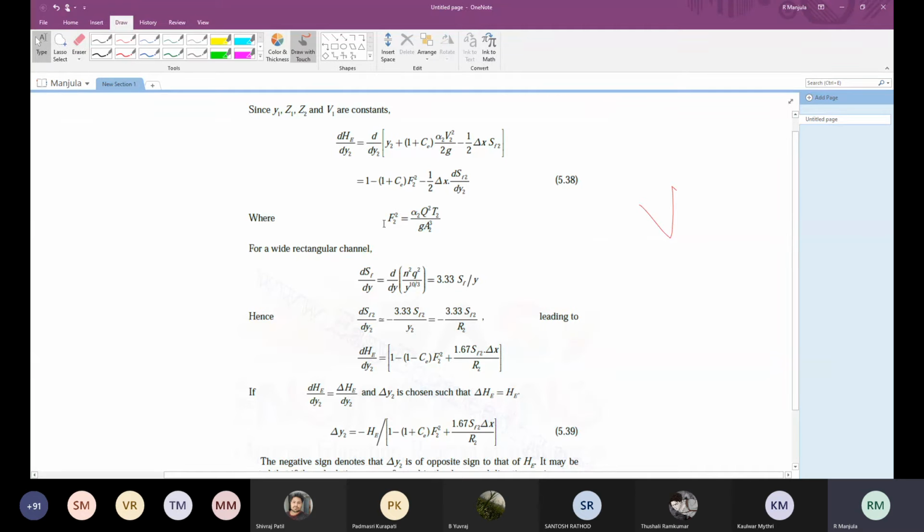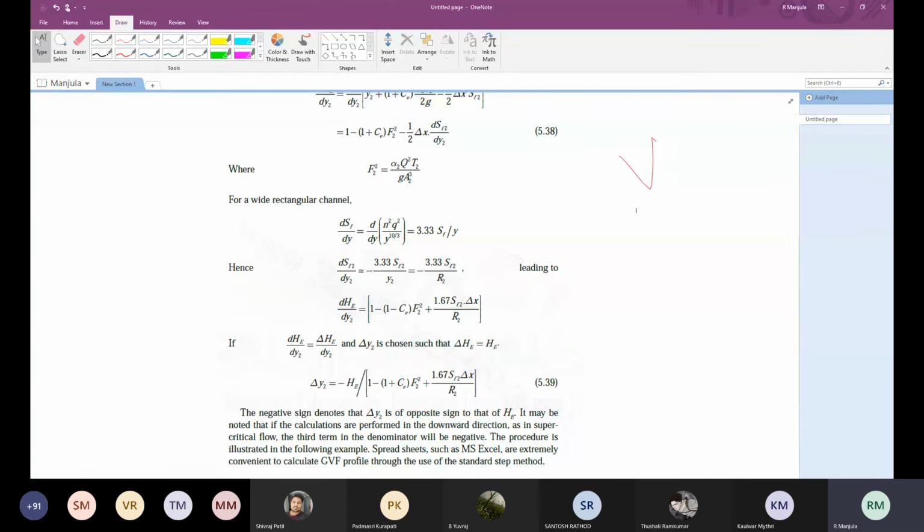If you are squaring the Froude number, because v by square root of gy is the Froude number, f square is equal to v square divided by g into y. Now you are substituting for y, a by t, and for v, q by a. So you are getting alpha 2 q square t2 by g into a cube. Okay, because Froude number is going to be